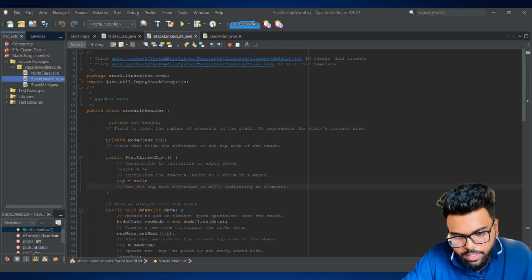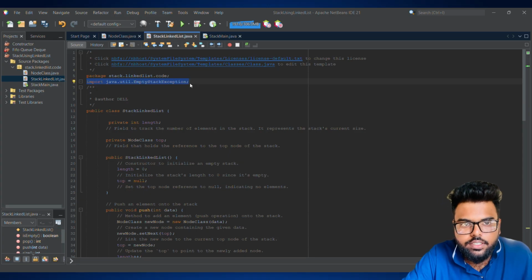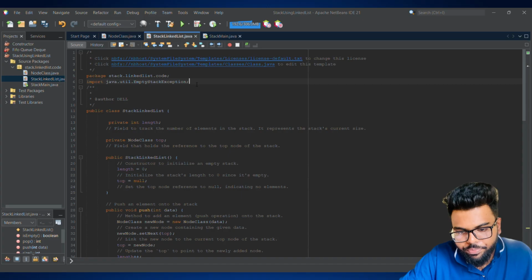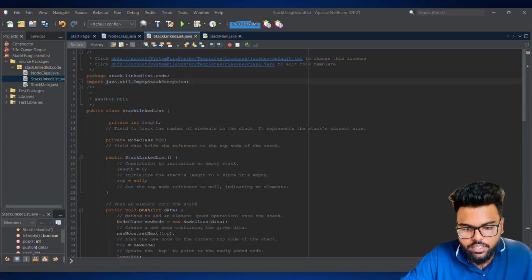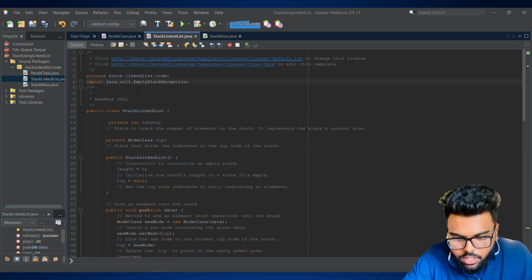This name is java.util.EmptyStackException. It helps to use the isEmpty function. We can't use the isEmpty function without that EmptyStackException library file. Okay,